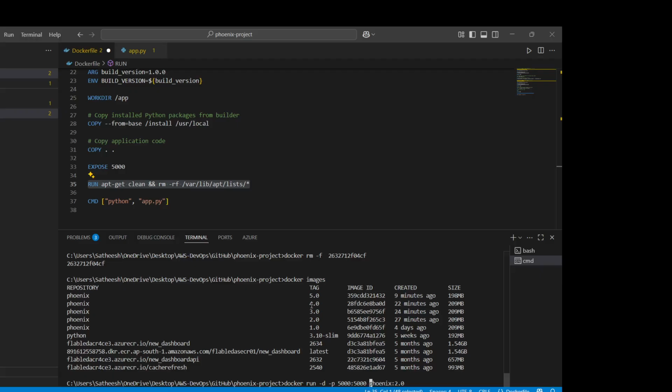To mention the volume, you have to give -v or --volume. Both are fine. Then I give my current directory. Dot means current directory, and then